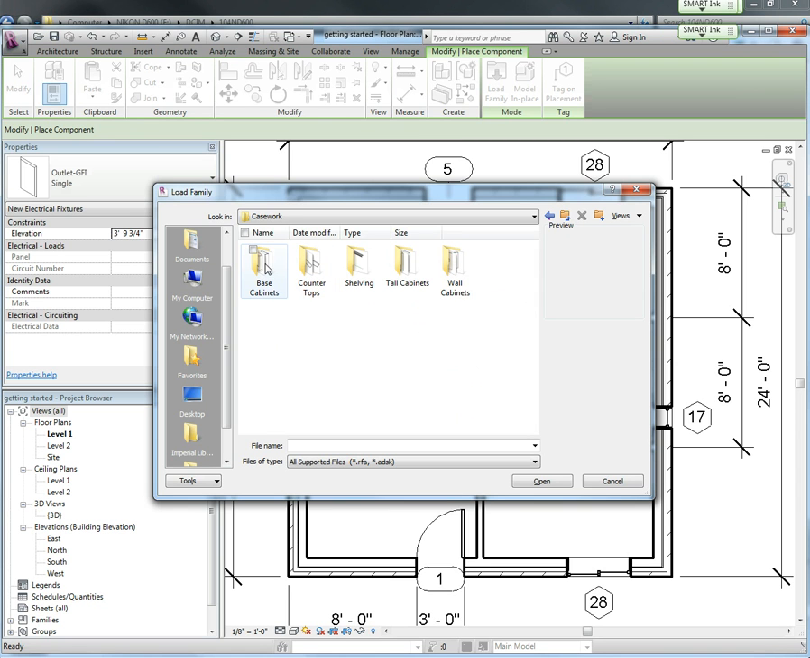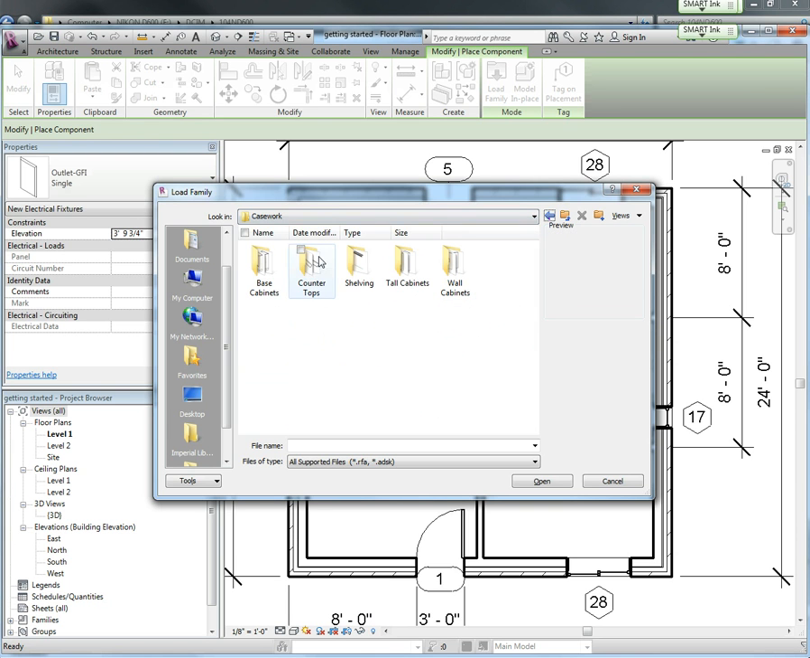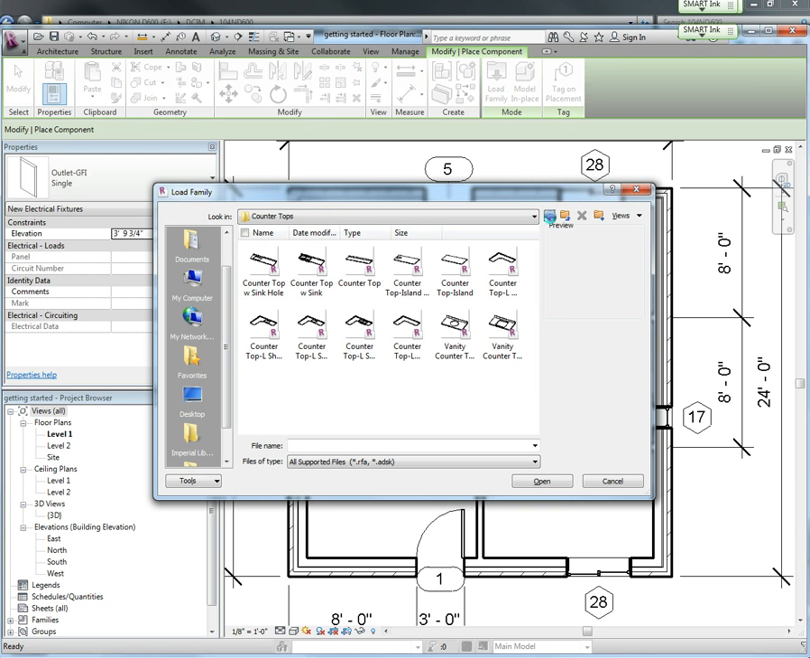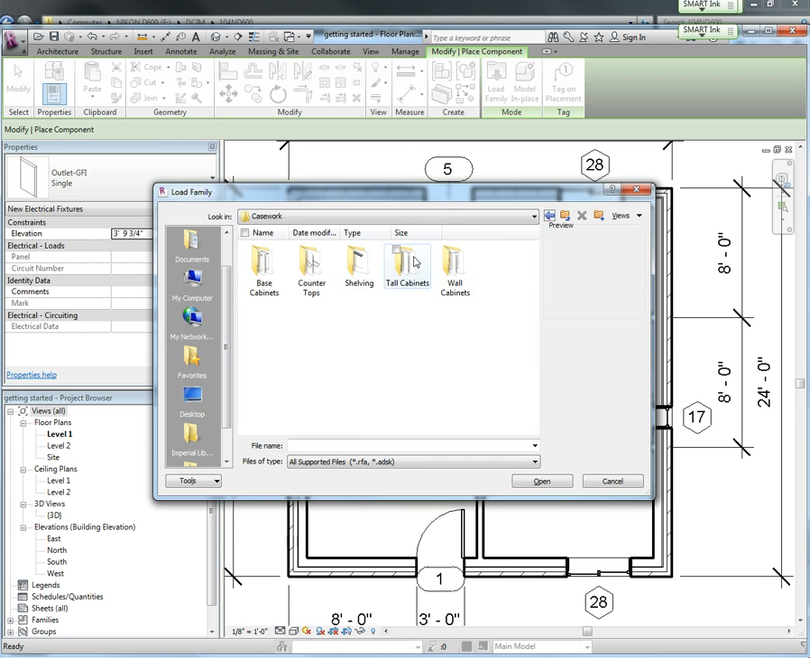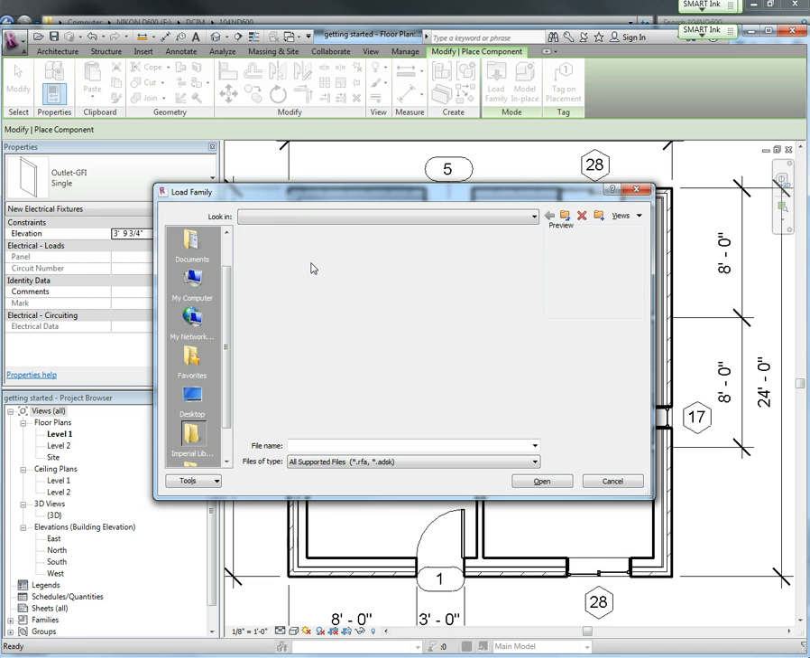and you can go into base cabinets, and in here you can load cabinets. You can go into countertops, load your countertops. You can go into tall cabinets, add tall cabinets, wall cabinets, things that go up above the counter. Or you can go into,